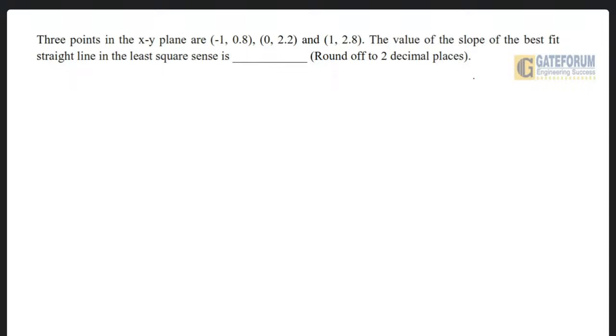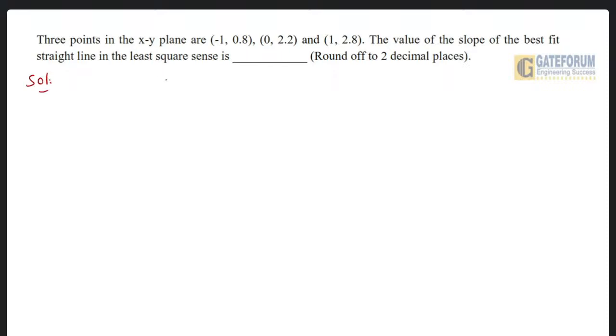The question is: three points in the xy plane are (-1, 0.8), (0, 2.2) and (1, 2.8). The value of the slope of the best fit straight line in the least square sense, rounded up to two decimal places. This is from engineering mathematics, from the topic probability and statistics, that is correlation and regression subtopic. The solution is,